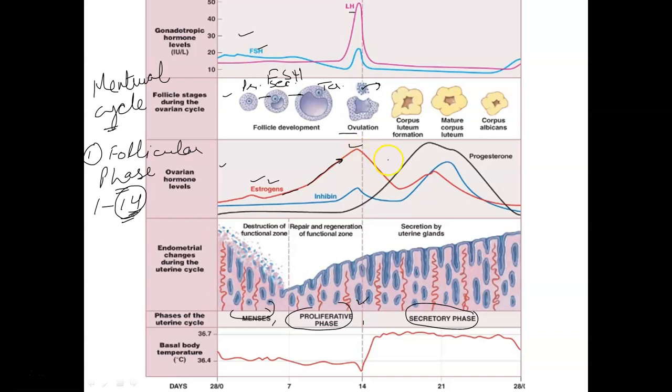Now the release of the secondary oocyte will first have a negative effect on estrogen, so estrogen goes down. At this time inhibin is produced from granulosa cells, so that the next follicle does not mature at this time. So inhibin is secreted, and the inhibin level is rising. It will have a negative effect on follicle cells, so that a new follicle will not be formed. Clear?